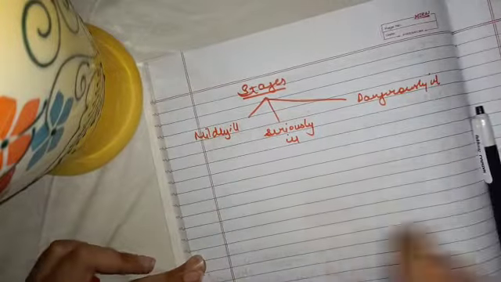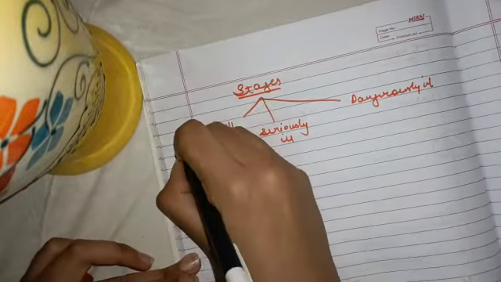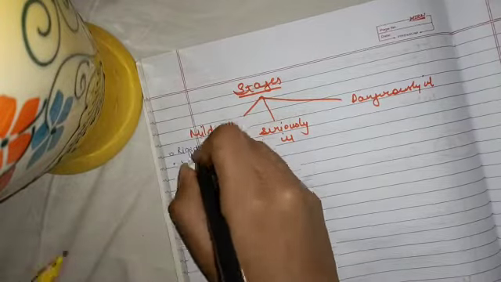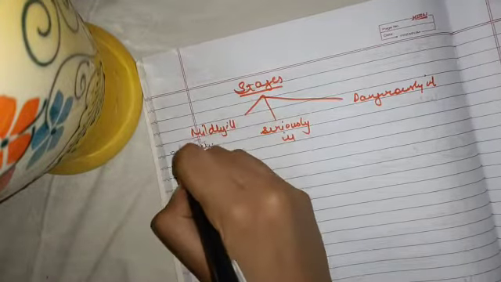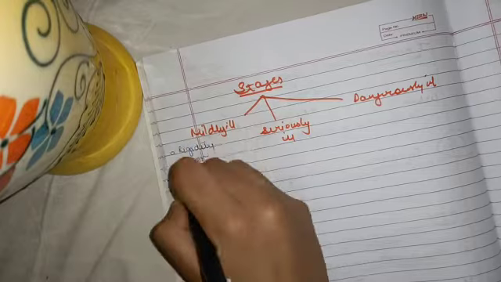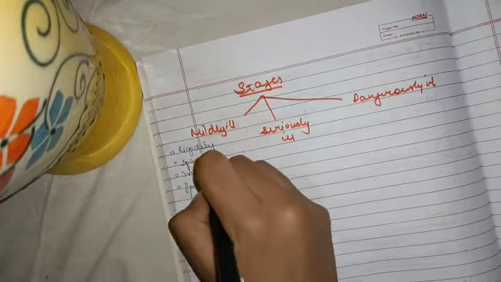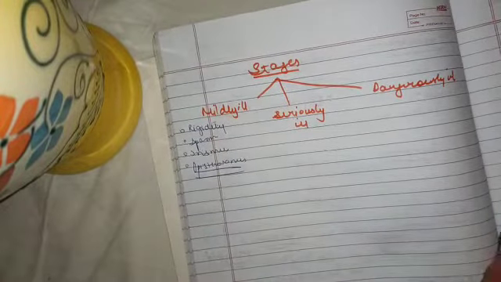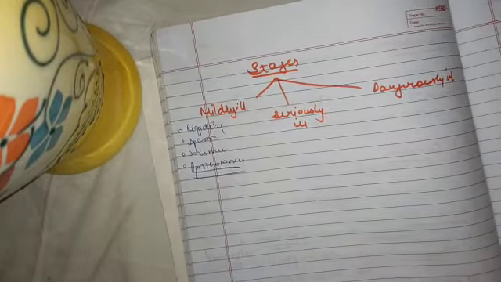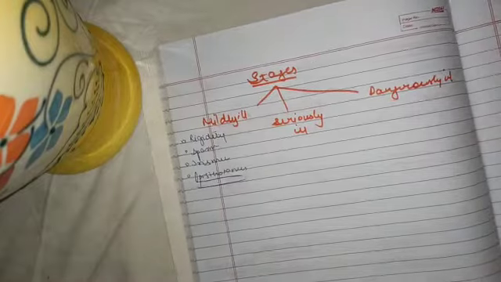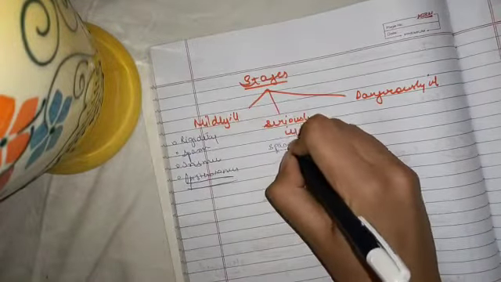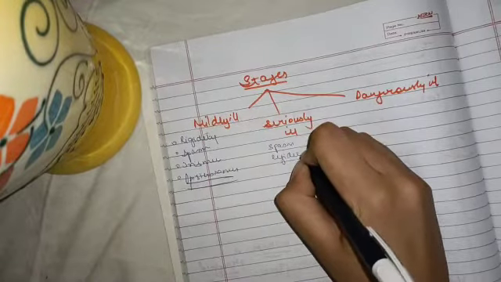Okay, now in the first one, what you will see is rigidity, spasm, trismus, opisthotonus. Opisthotonus is where the posture of the person affected by tetanus gets affected, and the backward muscles act more, so there is a curvature. So in seriously ill, just mention spasm and rigidity. Then there are respiratory changes.